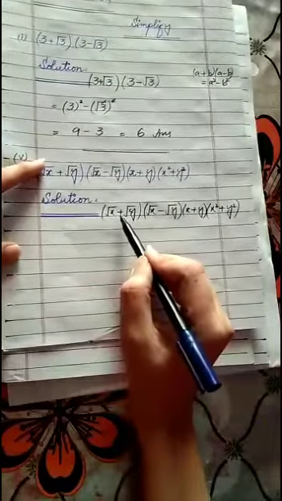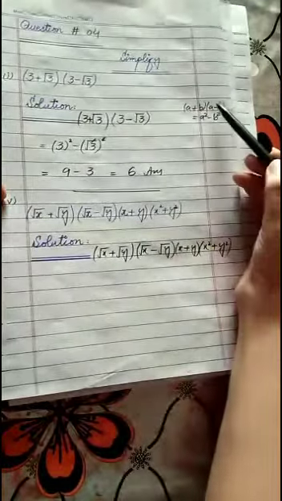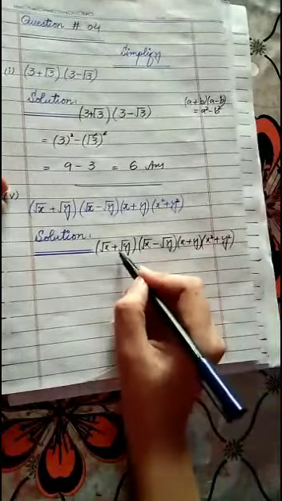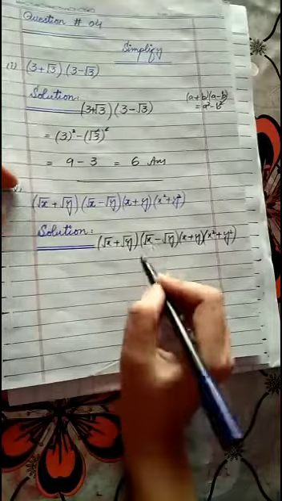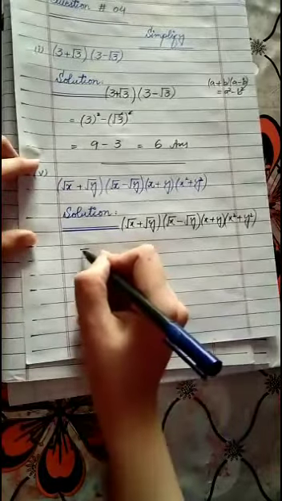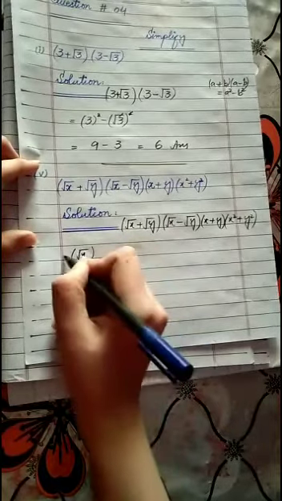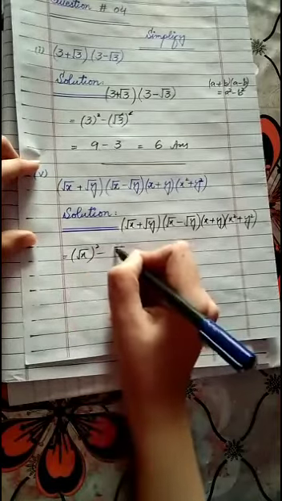Students, just have a look. The previous formula which we applied, the same method we can apply here as both terms are the same, just the sign is different. So a square minus b square,